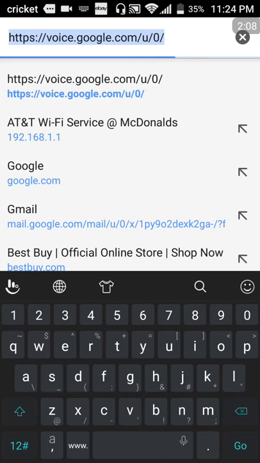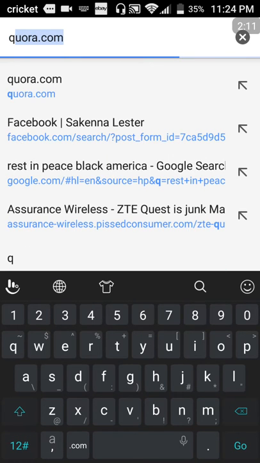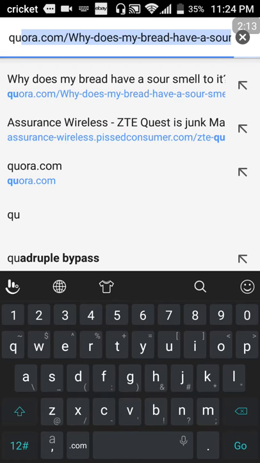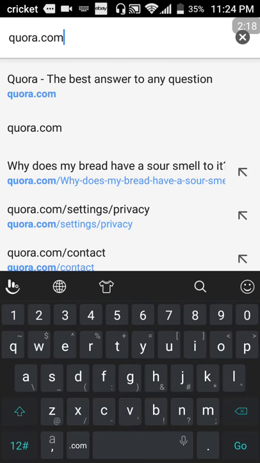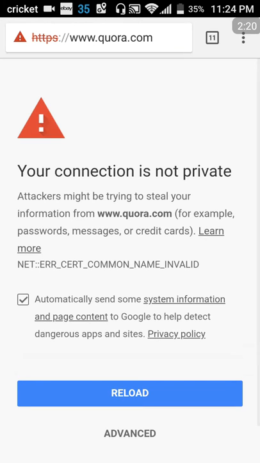But let's try to go to this website. I'm going to try to go to a more secure website. It's a forum called Quora. So we're going to go there now, Quora.com, and watch what happens. Now, the first thing you'll notice is that some websites you try to go to will not load. And if they do load, they will load but give you this message, especially in Chrome browser. Your connection is not private. Attackers may be trying to steal your information from www.quora.com, for example, passwords, messages, or credit cards. They have a learn more link,